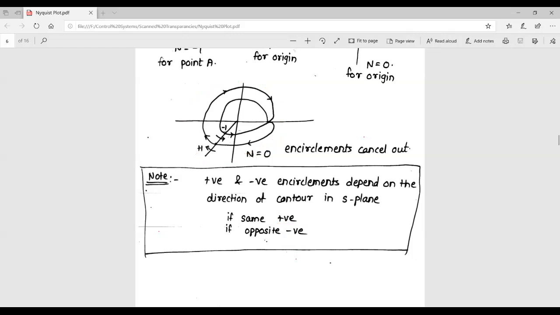Then we have seen single valued function. What is a single valued function? For any value of S, f of S should have only one value, right? If it doesn't have one value, then it is called a non-single valued function. But we need to have analytic functions as well as single valued functions so as to map the contours properly. Then we have seen mapping and contour mapping. Mapping is nothing but we have S plane, we have some points in S plane, then by substituting those values of S in f of S, we obtain the value of f of S and then we plot that point as well. This is called mapping.